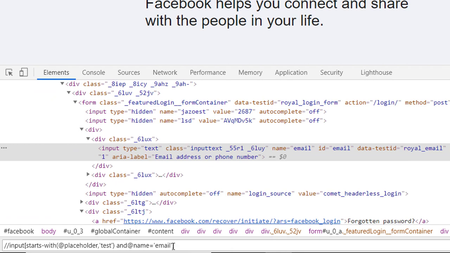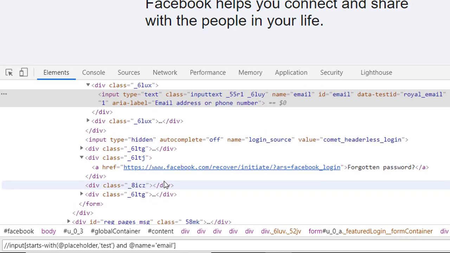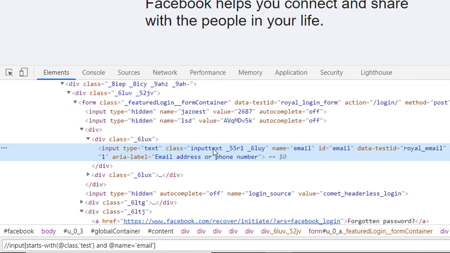See, when I've done the or, it located the element, but on providing the and, it is not locating the element. Let us do one more thing. Let me take class for now. Let me provide class in here, then its class is this one.